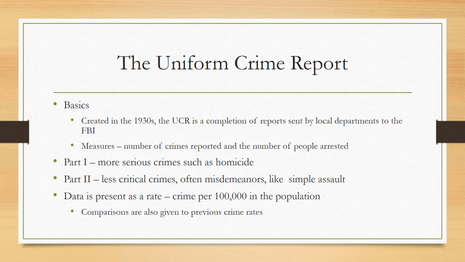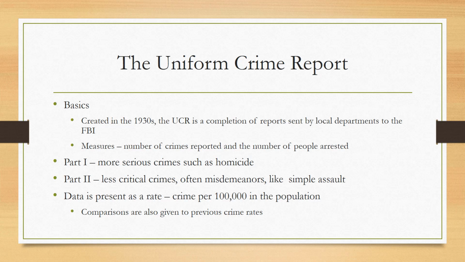The big game in town here is what's called the UCR, the Uniform Crime Report. Now, this is something that criminologists and people who study criminal justice love, and we love it because it really is the first time in human history where you begin to get very comprehensive numbers about crime that you can start to trust. So, starting in the 1930s,